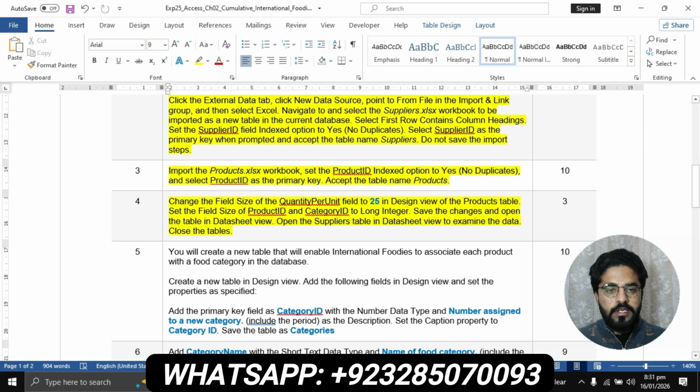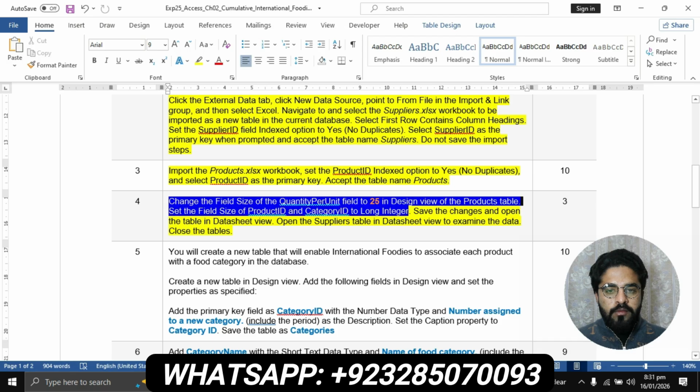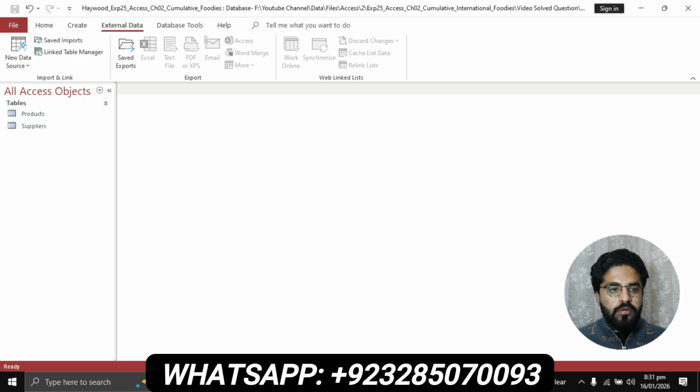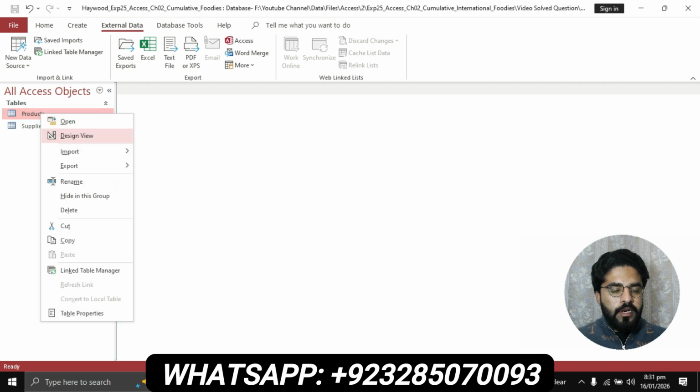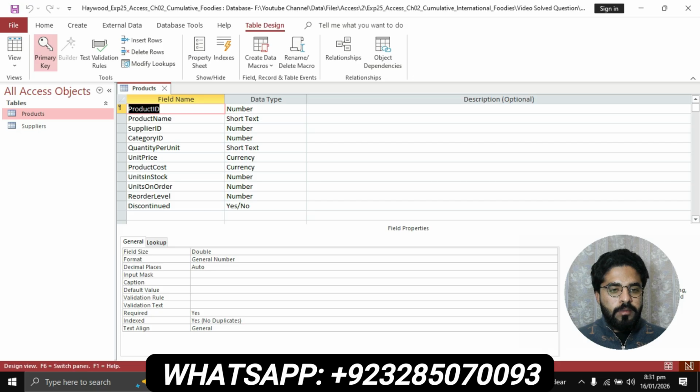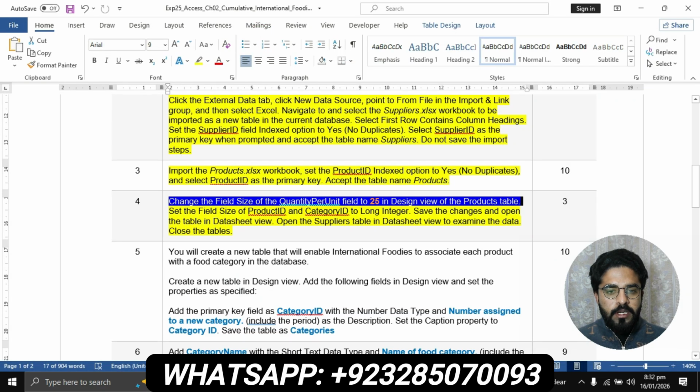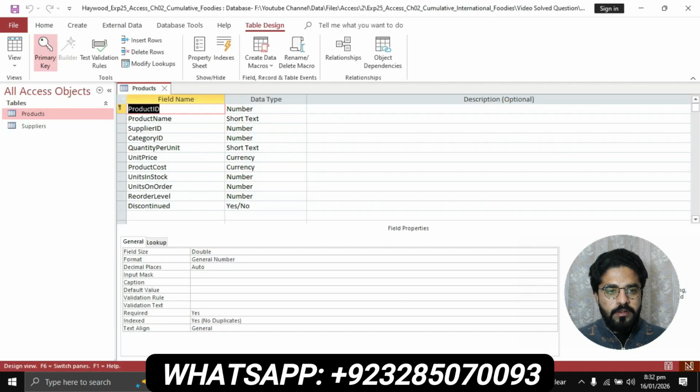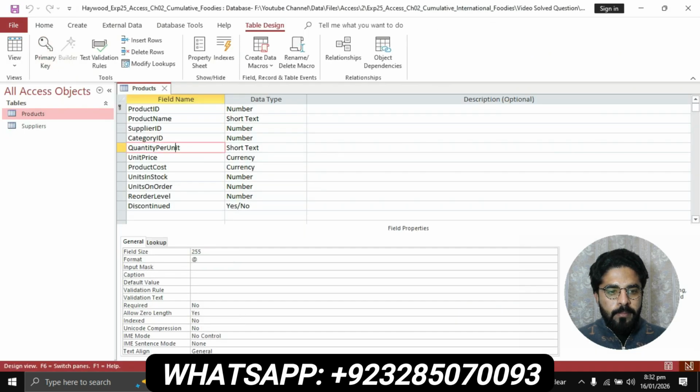The first part of this question is change the field size of the quantity per unit field to 25 in the design view of the product table. Go to the file, click on product table, right click, go to the design view of this table, quantity per unit field, then go to the field size group and type 25